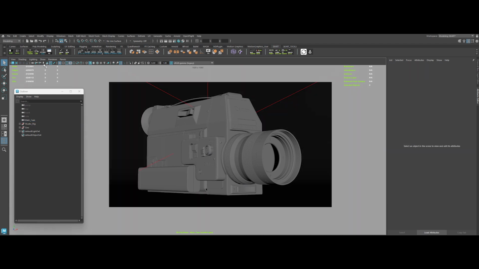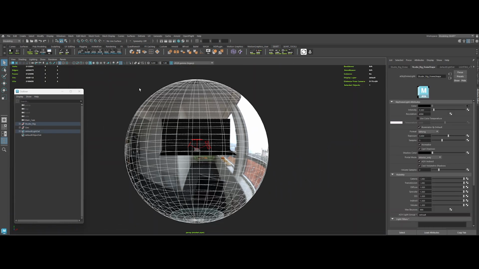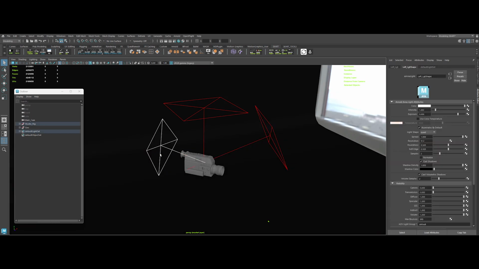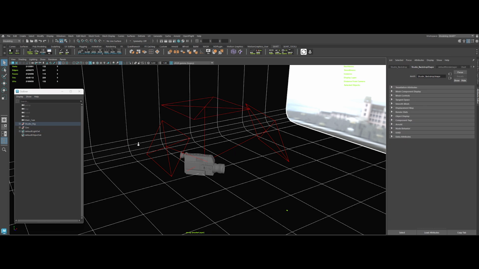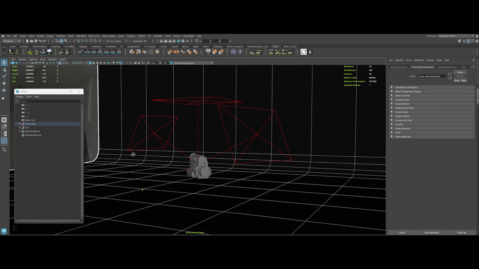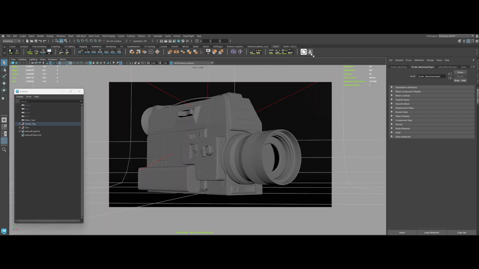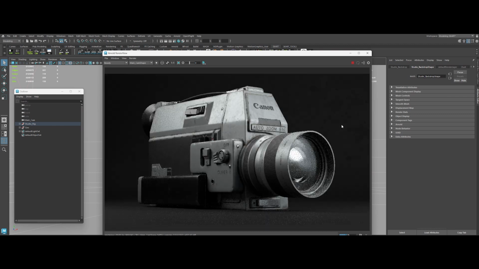Now onto the lighting setup. It's a classic 3-point light rig: an HDRI for the base lighting, a right field light, a left key light, a top light for highlights, and of course a backdrop to tie it all together. Let's jump back to the camera, fire up the IPR, and see what we are working with. I wanted a dramatic shot that screams vintage elegance while showing off the beauty of this model.